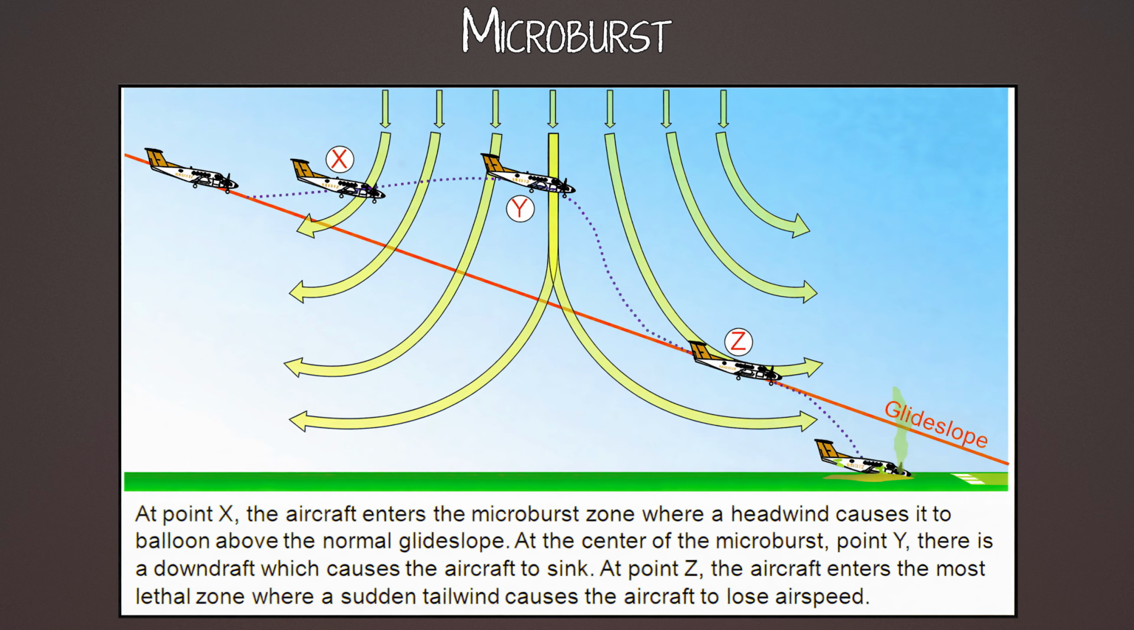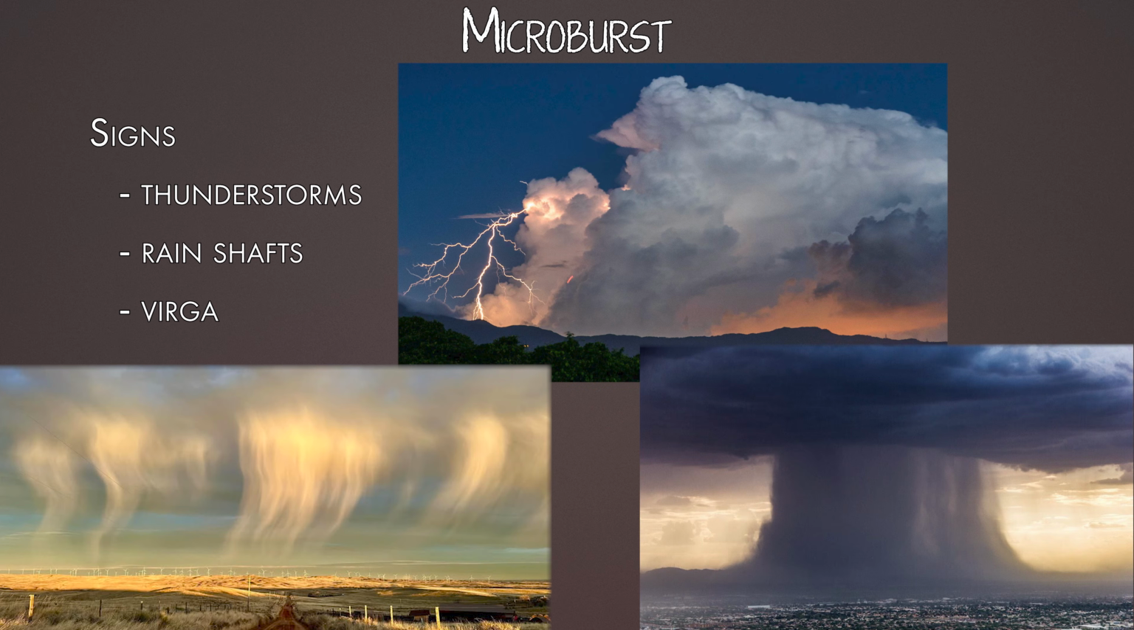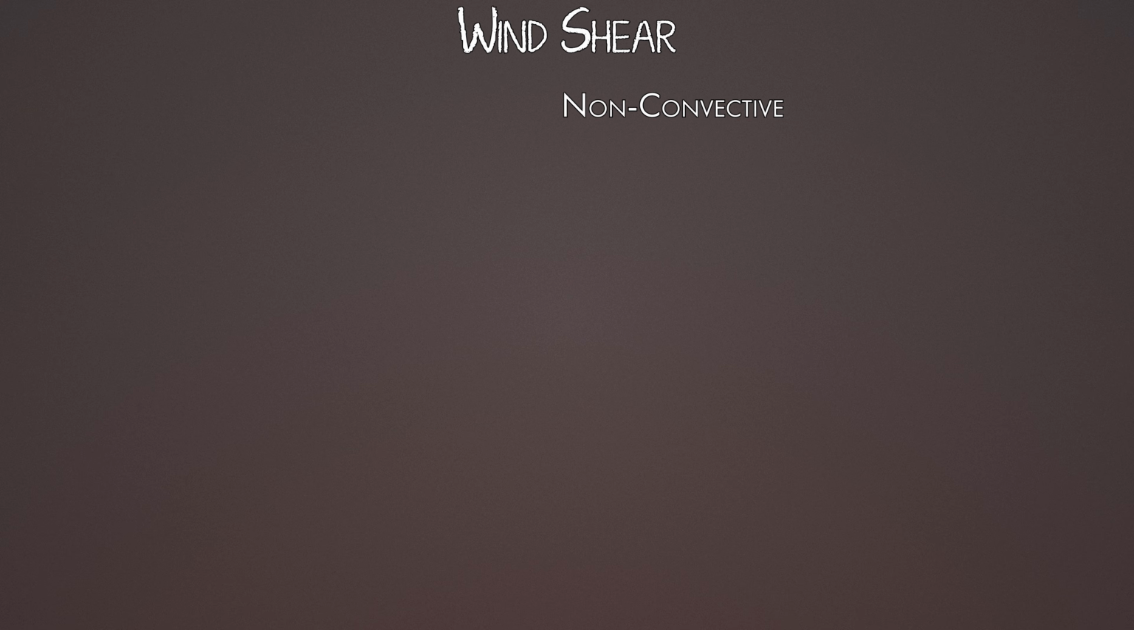So how do you avoid a microburst? Look for thunderstorm activity, intense rain shafts, and Virga that I mentioned before, that rain evaporating before reaching the ground. Basically, the main point is don't fly near thunderstorms. Now, non-convective wind shear is not associated with thunderstorms. It's all about the wind changing speeds and or directions in relatively fair weather. Usually, it's a larger area that's affected, and it can last for quite some time. One of the signs of non-convective wind shear are